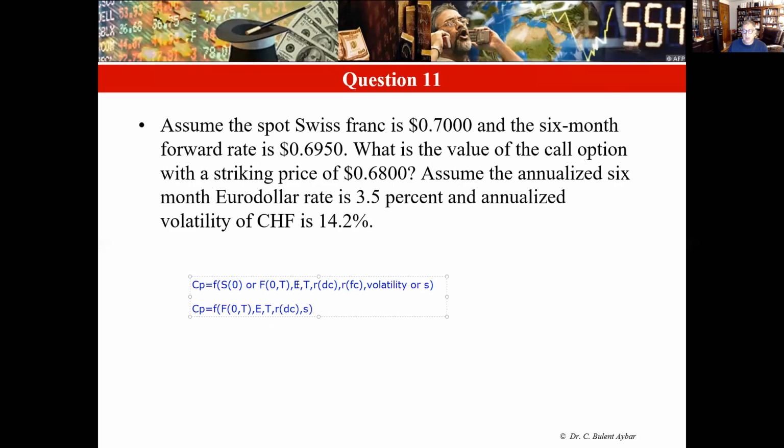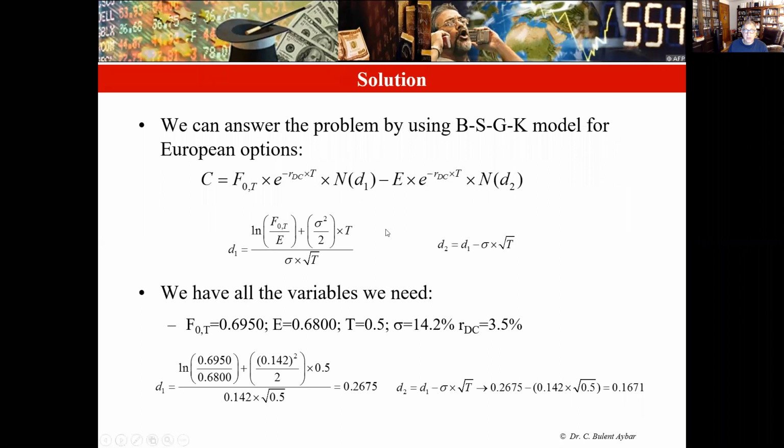So I'm going to erase this now and move on to the next slide to show the model that we are going to use to calculate the option price. So the model that we have here is actually an adapted version of the Black-Scholes model, or Black-Scholes-Merton model, by Garman-Kohlhagen. So that's why we call it the BSGK model, where the call premium is calculated as